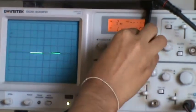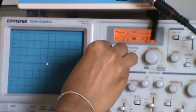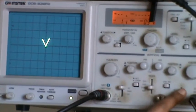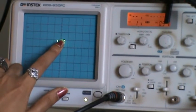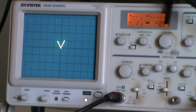Then turn your time division knob anti-clockwise. Keep the position to the center. Now put input to AC, output to DC. So this is your transfer characteristics, same as that for the positive cycle. So if I take this diagram of the transfer characteristics,